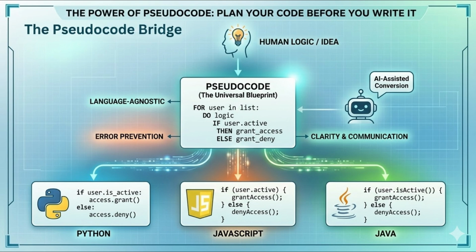Your AI programming partner. By providing well-structured pseudocode, you can leverage AI to accelerate your workflow. For instance, you could give an AI the pseudocode from the previous example and simply ask it to convert this pseudocode into a Python function. The AI will handle the syntax and common idioms of Python, leaving you to focus only on the logic. This is a powerful shift from letting an AI generate a black box of code to using it as a